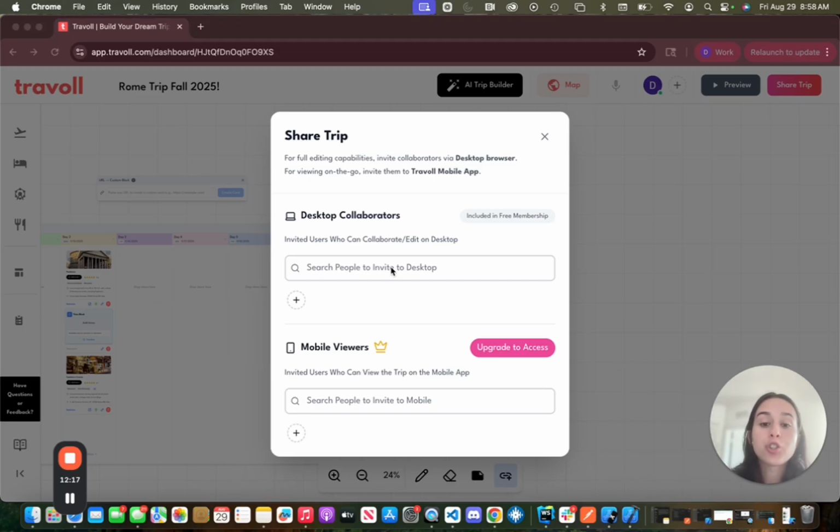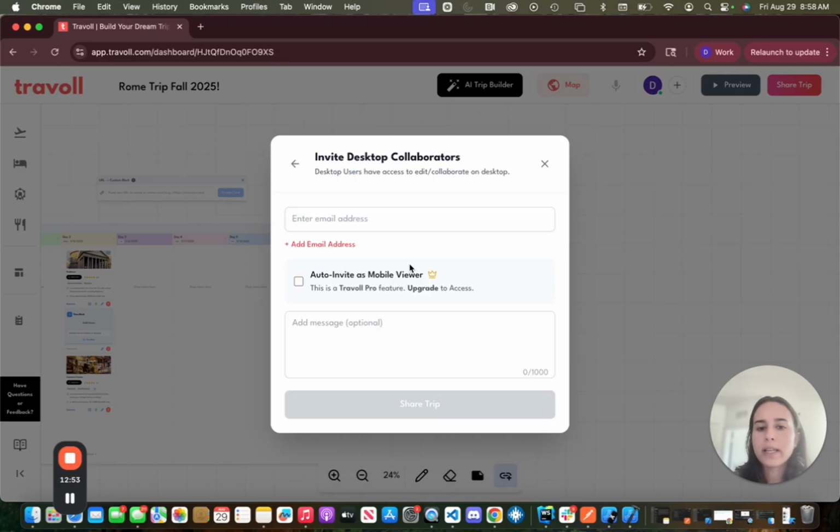And so there's two different types of collaborators. There's desktop collaborators and there's mobile viewers. So a desktop collaborator is someone who can come onto here and help you plan your trip in real time. A mobile viewer is purely someone who can just see it on the mobile app. Because for example, if you're planning a wedding, you might only want 2 or 3 people helping you plan the wedding, but you might have 50 people that you want to invite and want to have the itinerary. So that's that use case. And also desktop collaborators can also be mobile viewers, obviously, because just because you're planning doesn't mean you're excluded from seeing it on the mobile. And vice versa.